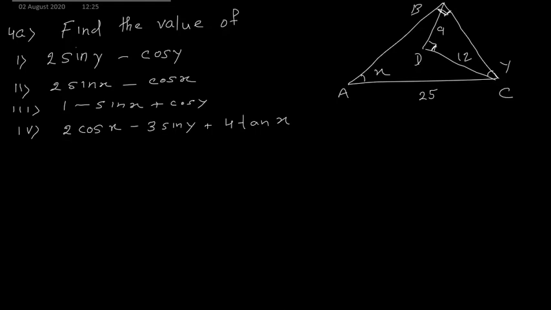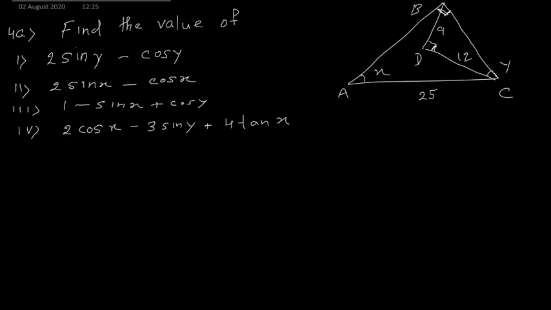So for angle x, if you want to find trigonometric ratios, we should know the value of length AB and length BC. Okay, so only AC is known, two lengths are unknown, so I cannot start with this. Now see triangle BDC. In this right angle triangle I know value of BD and value of CD, so I can find value of BC. So we will start from triangle BCD or BDC.